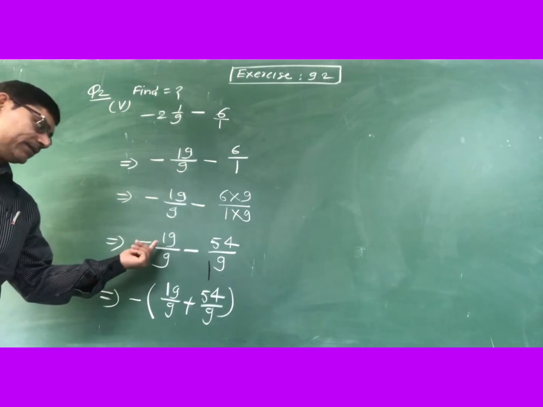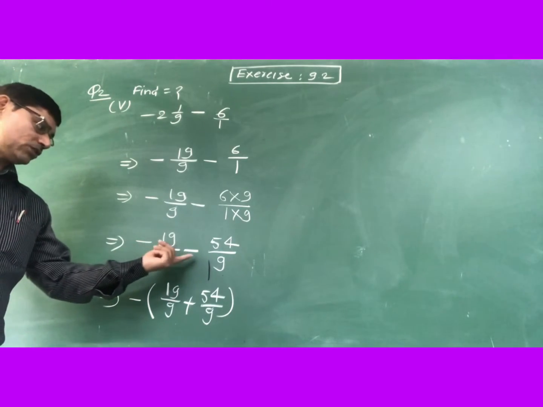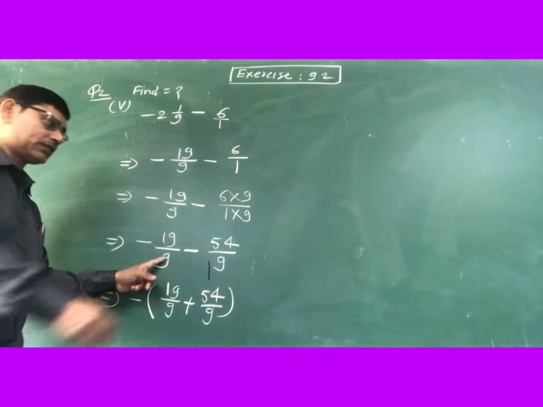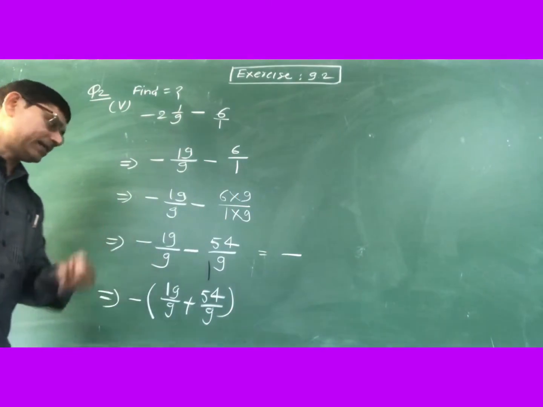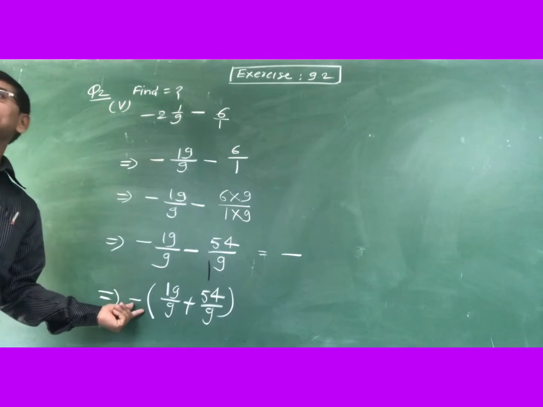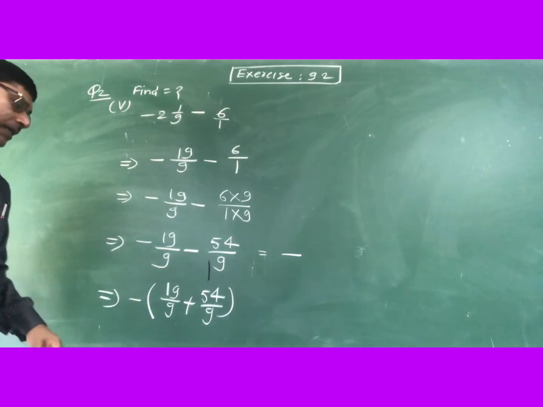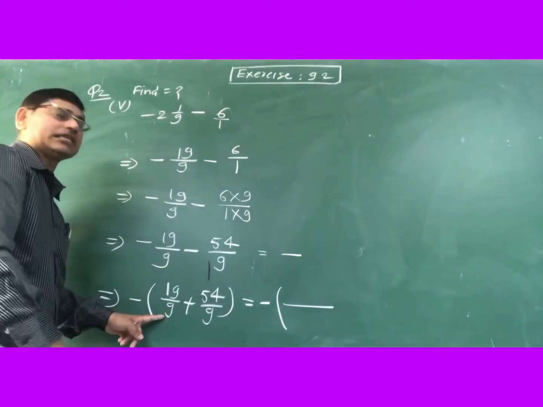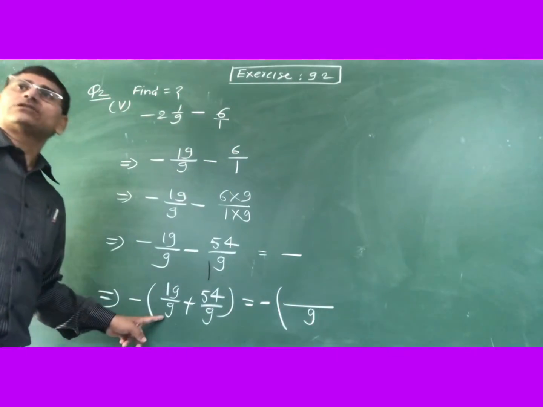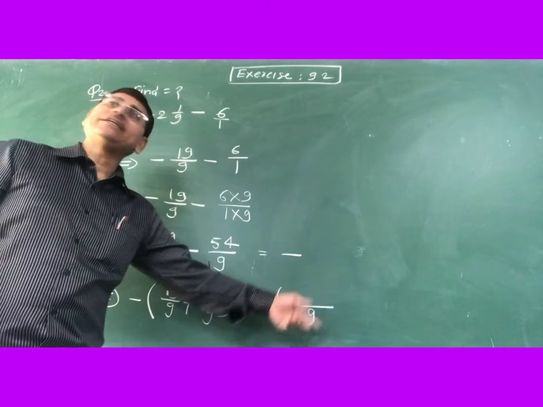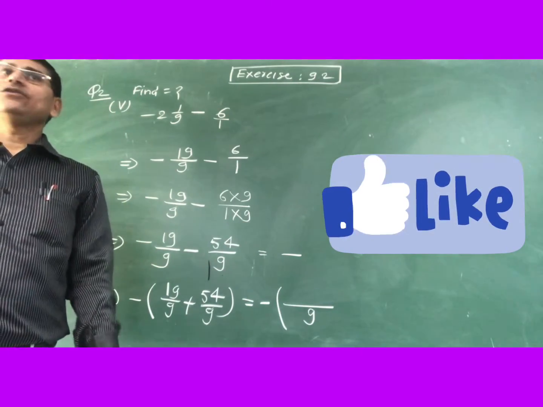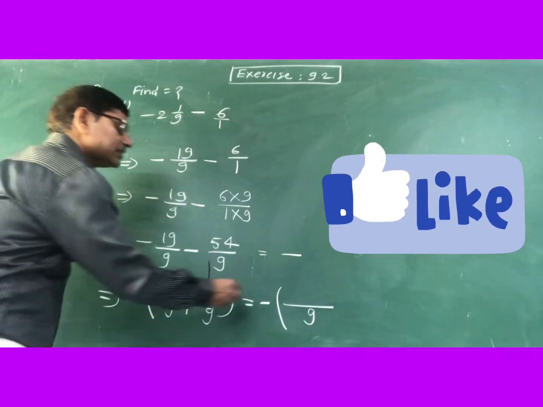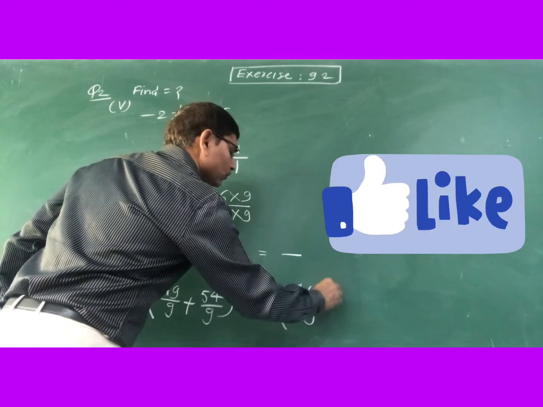So either you can say, you can see that both signs are negative, so we will add these two rational numbers and put the negative sign in the result. Otherwise we can take the negative sign as common, then we will get these things. After that we can write this minus and this denominator only a single time. Now the children who talk in class will write 9 plus 9 is 18 here, they don't know. In the numerator only you will add the numerator, don't add the denominator. So this is 19 and 54.